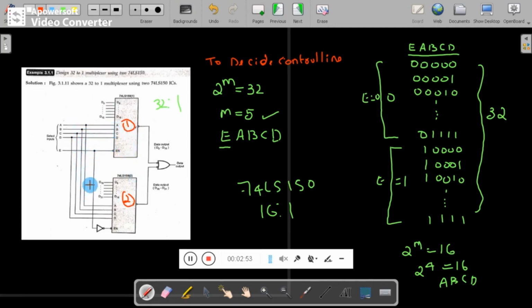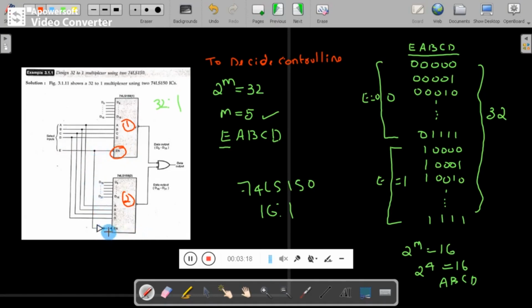Let me short all the 4 control lines, like control line A of the first multiplexer is shorted with the control line A of the second one. B is shorted with the second one. C is shorted with second one. Like that I will get 4 control lines. For the fifth control line, what I will do is I will use the enable signal of the multiplexer. So I will short the enable signal of the multiplexer with the inverter.